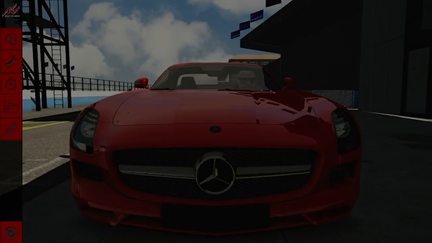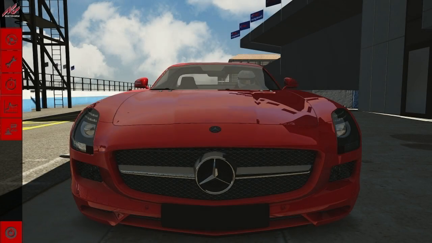What's going on, guys? This is Empty Box, and this is Assetto Corsa, where today we're going to be taking a look at the Mercedes-Benz SLS AMG that was released as part of the Assetto Corsa Early Access version 0.22 update,